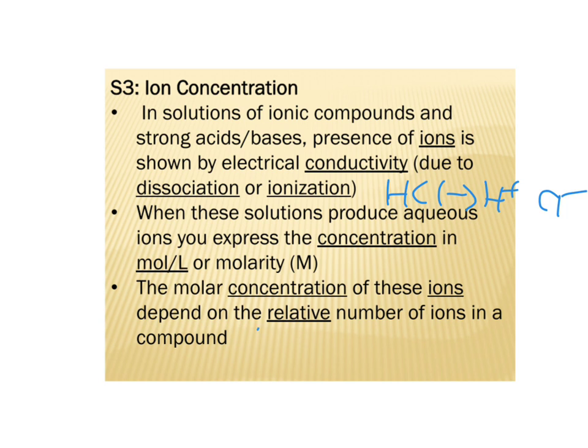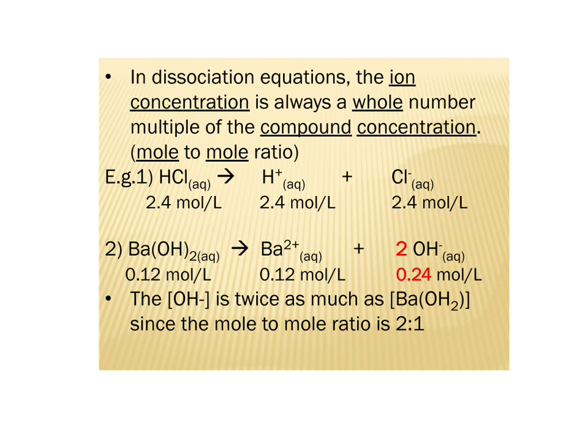So, for example, in sodium chloride, we see that there's one sodium ion and one chloride ion, whereas in calcium chloride, CaCl2, for every one calcium ion, there are two chloride ions. As we mentioned, the ratio of these ions is totally dependent on the composition of the compound. So in hydrochloric acid, we have a 1 to 1 to 1 ratio. So if you have 2.4 moles per liter of hydrochloric acid, you have 2.4 moles per liter of hydrogen